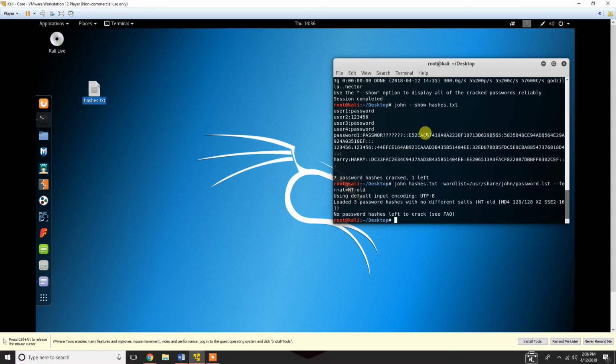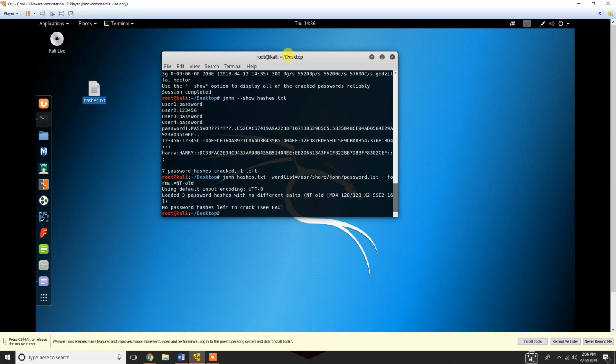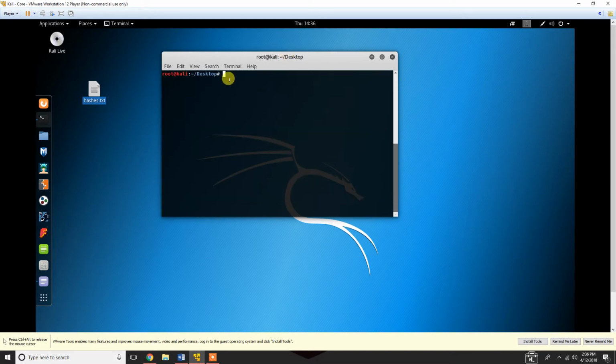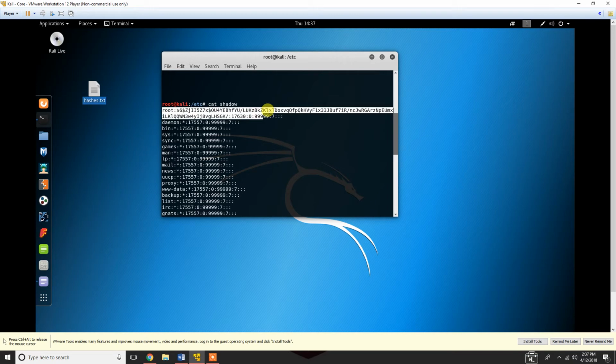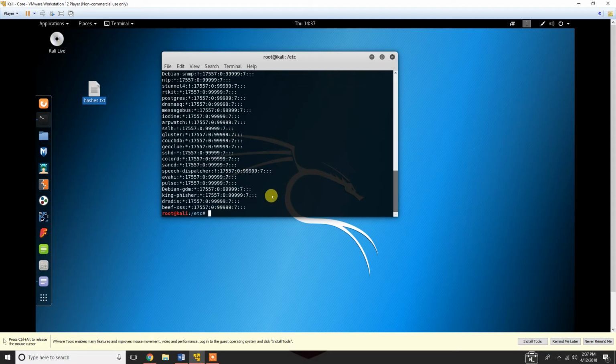Now, the last thing I wanted to cover when it comes to password cracking is going to be, for example, your shadow file. The shadow file is the most important file on a computer for getting access. So if I change to my etc folder, which is again the folder that has all the configuration files, and I do a cat on the shadow file, you'll see here that it has a lot of stuff, right? But here's a root password. So if I created multiple users, each user's password would be stored here. So if I have access to this file and I use John on this file now,